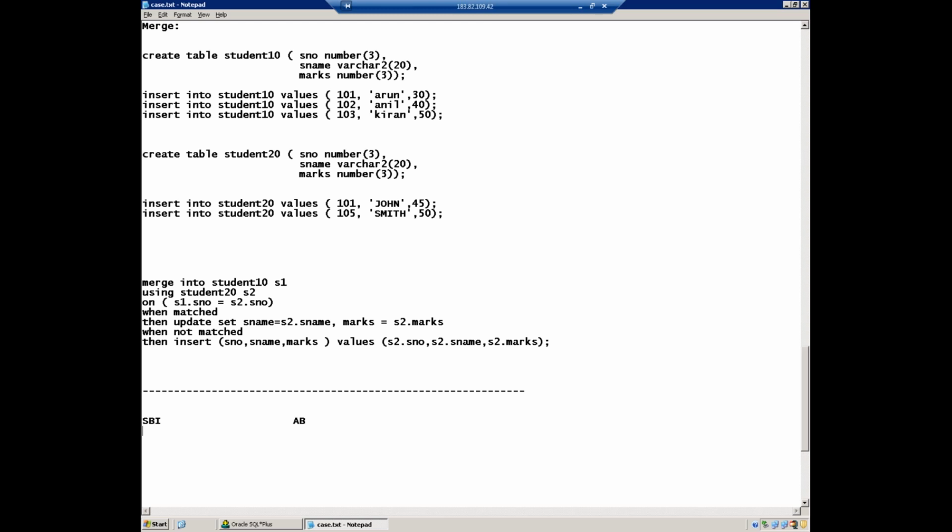Dilavar, State Bank of India is a very big bank, which has 100 accounts. Andhra Bank is a small bank having 10 accounts. Now SBI is taking over Andhra Bank. When SBI takes over Andhra Bank, how many account holders will SBI have in total? 100 plus all Andhra Bank account holders, who will be converted to SBI account holders. Am I right?